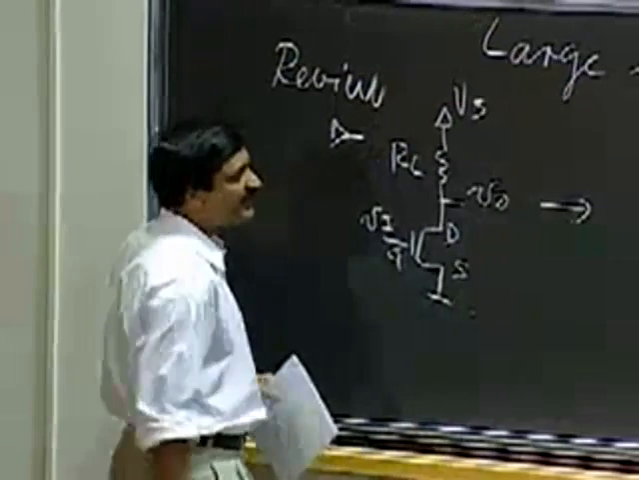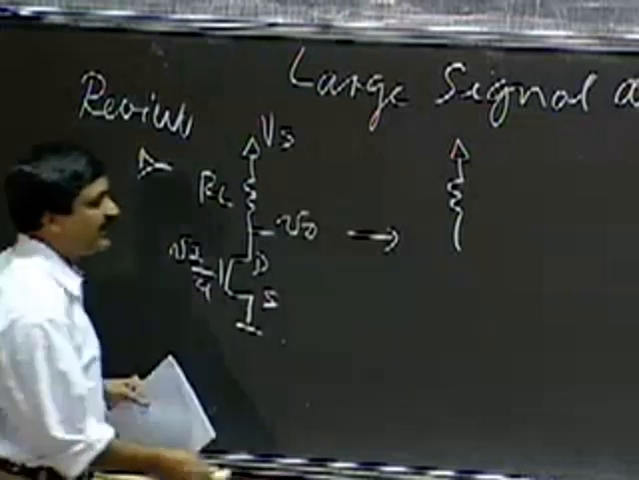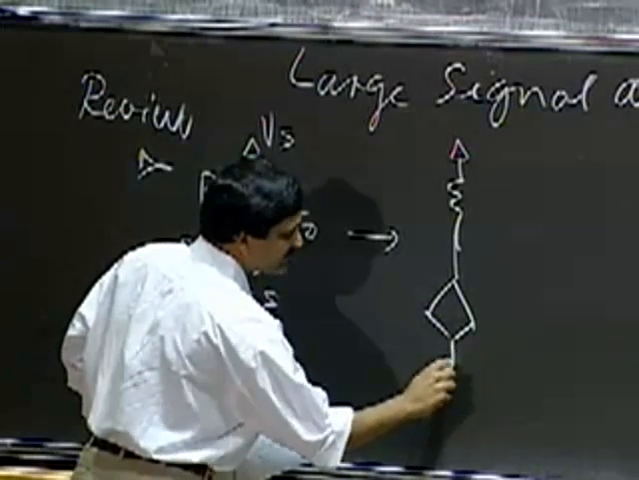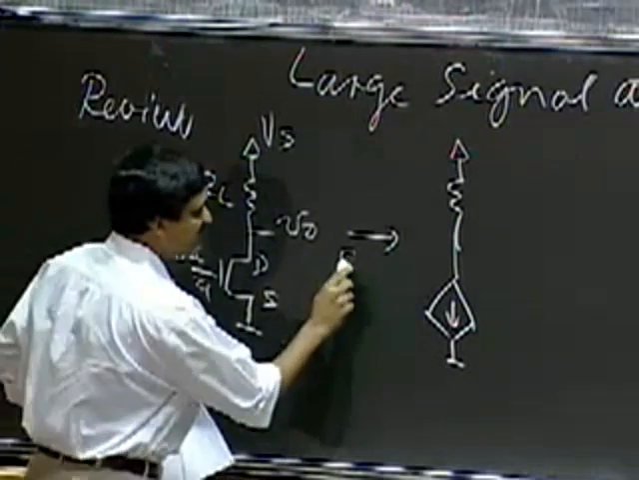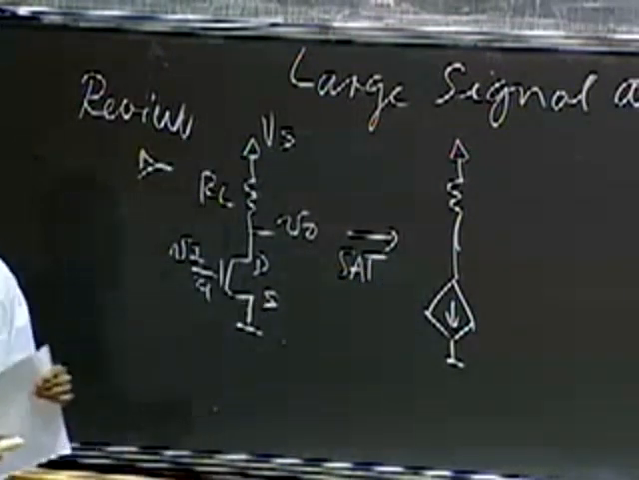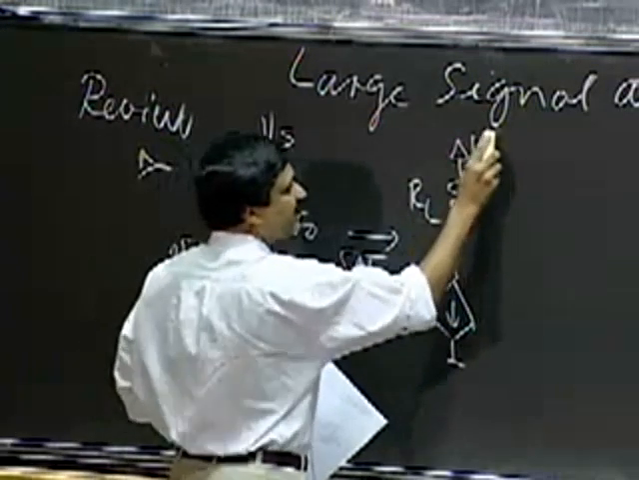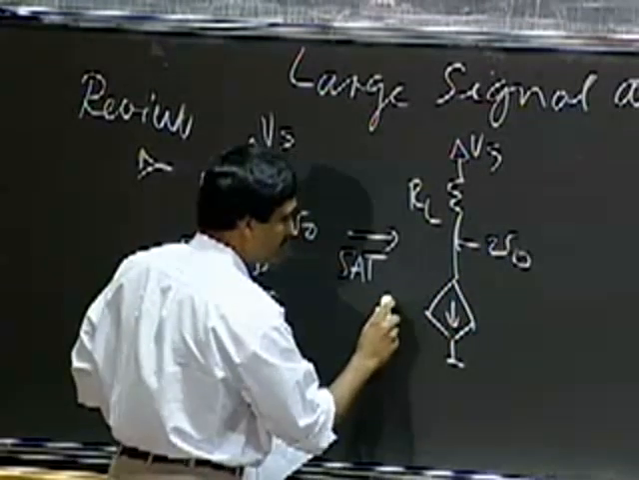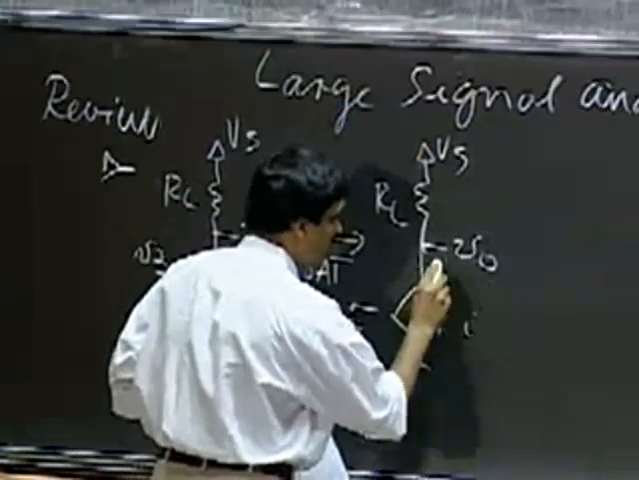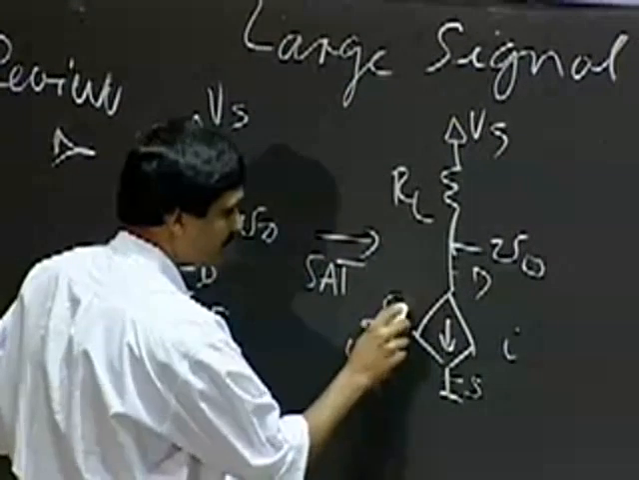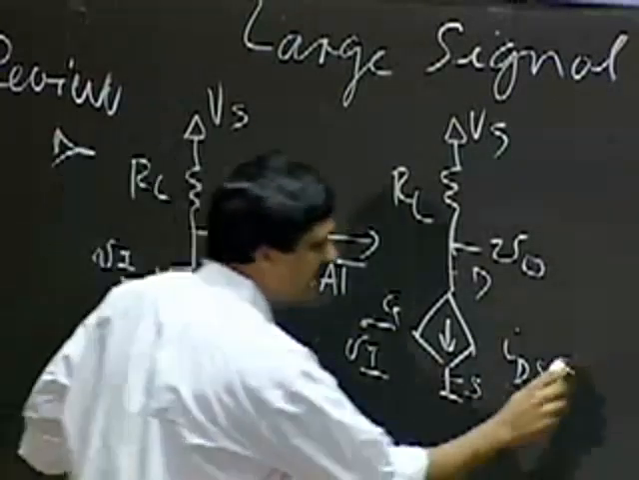And we do the equivalent circuit for this. In the equivalent circuit, we replace the MOSFET with a dependent source, provided this operated in the saturation region. So I'll just say, while operating under saturation, the equivalent circuit would look like this. V naught, Vi, and IDS for the dependent source was given by